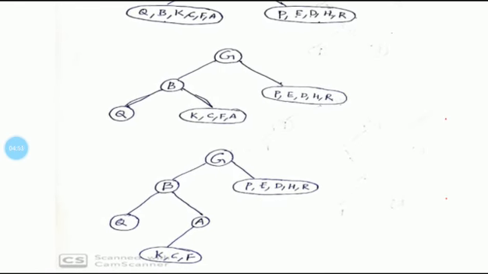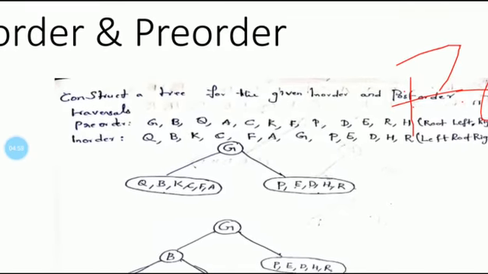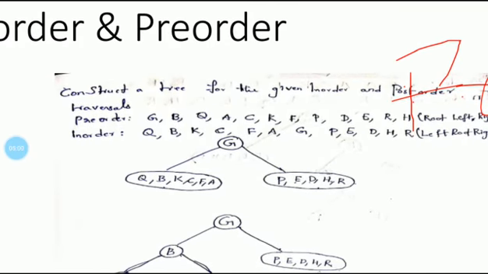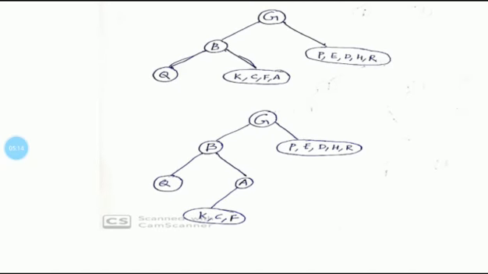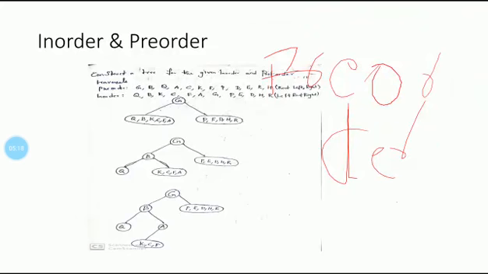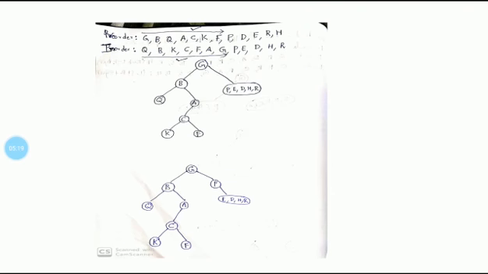a root. And for A, actually there is a left part and right part, but in this sequence to the left of A, elements are available, but to the right of A, the root node is there. So that's why we have to concentrate only on the left part. So to the left of A, KCF is there. So that is placed to the left branch of A, that is KCF. That's it. And in the next slide, we will see how this particular KCF is going to form a tree.